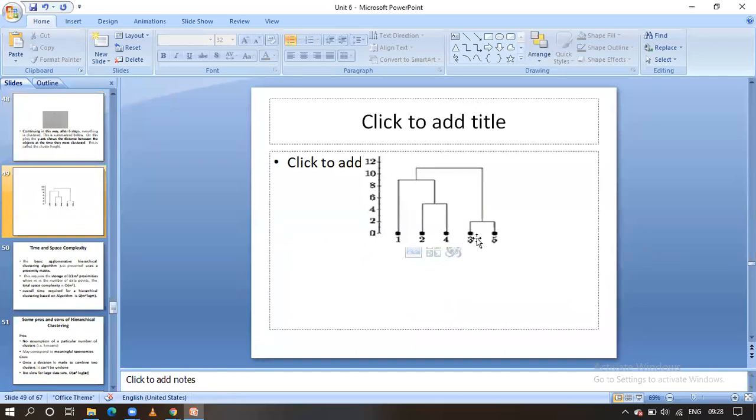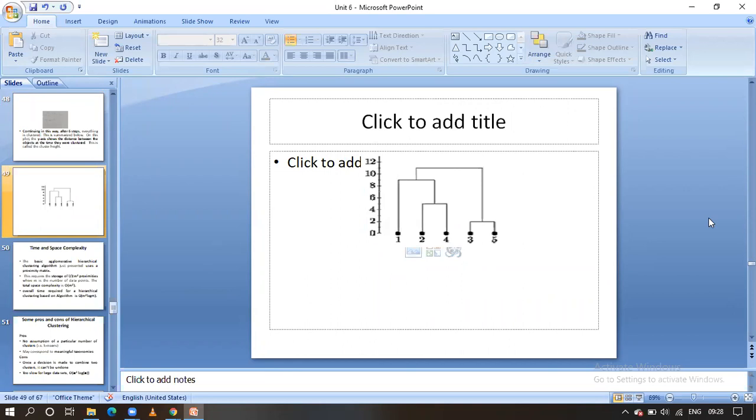Initially we have merged 3 5, and next we have merged 2 4. Finally, 2 4 is merged with 1, and finally this subcluster has merged with the 3 5 cluster, guys. This is the dendrogram diagram. Okay, in the exams, if they ask about dendrogram diagrams, it means you have to explain this whole process, that is agglomerative hierarchical clustering. You have to explain it, guys.